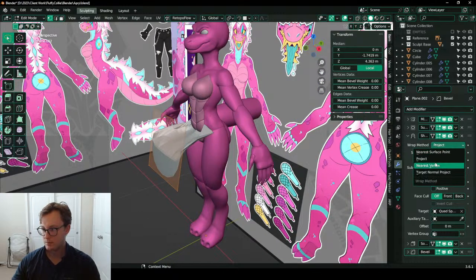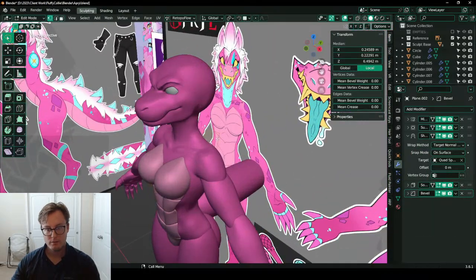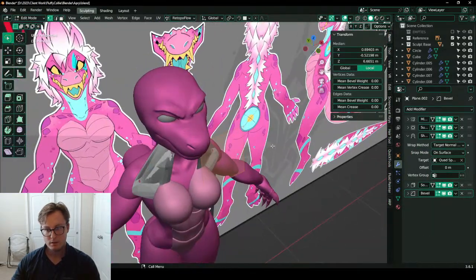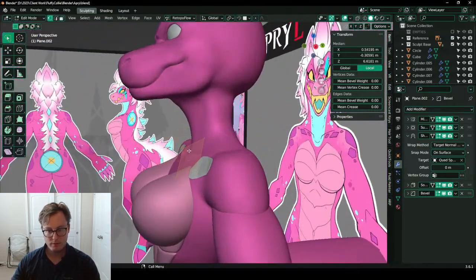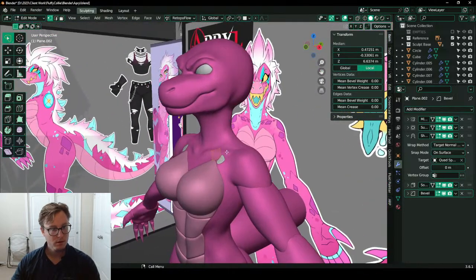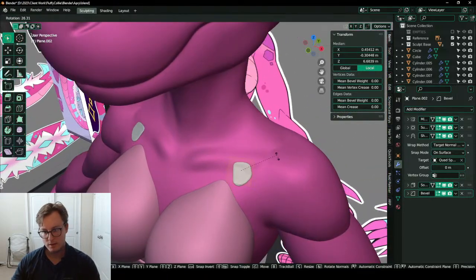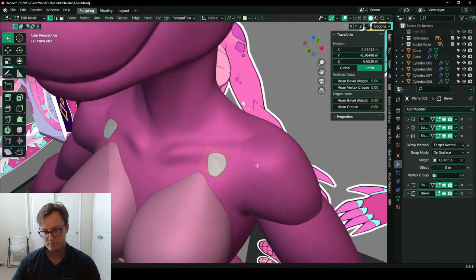And then we will do a tangent normal project instead of the other stuff. This will let us create these diamond patterns. Digital, near surface, same thing.